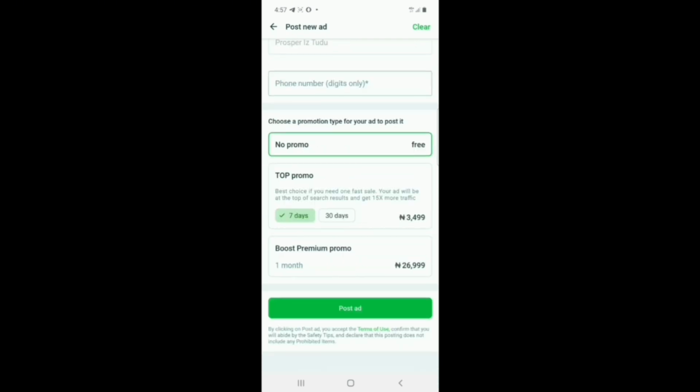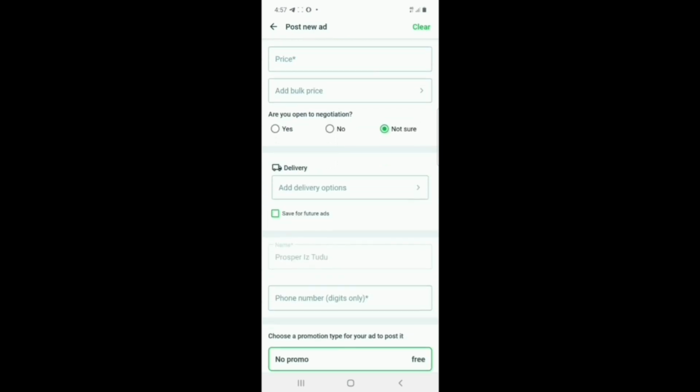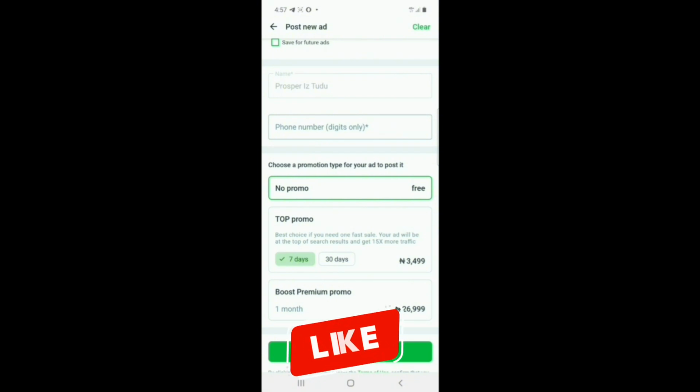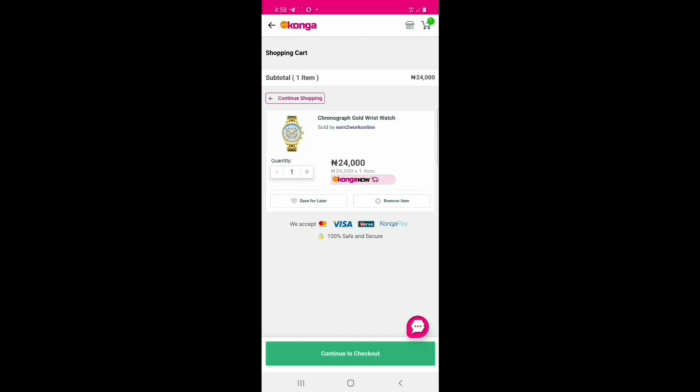Then after those days, you will start paying money, nothing less than 3,500. Now if you really make money from this thing before then, you'll be able to pay this money. And if you are really making sales, you'll be able to pay this money. Now let's move into the second website. The website is called